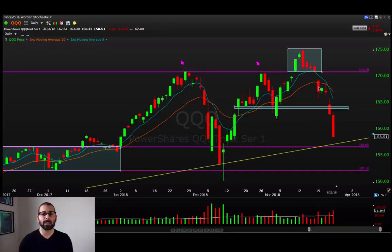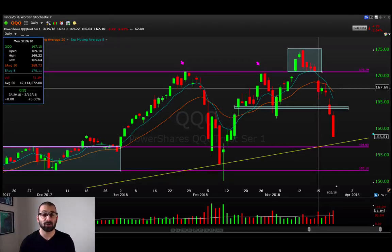Basically, the thought process from last Friday's video was that we wanted to see this upper level support around 171 hold. We did not want to see volatility expand at this level. We didn't want to see some big selling come in, and we got exactly that to start off the week,